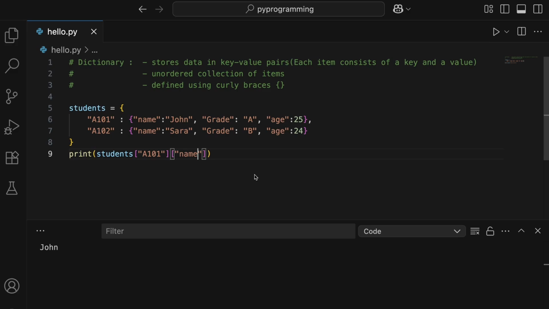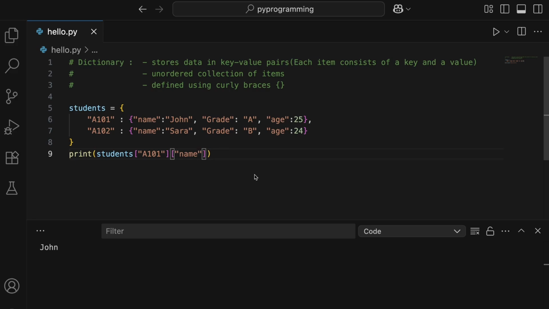This is actually great for structured data, right? Because you are able to create nested dictionaries, and this is a fundamental data structure for storing and retrieving data using meaningful keys. These are very powerful for representing structured information. So that's it on dictionaries. Next up, we'll explore how to use functions and organize our code.